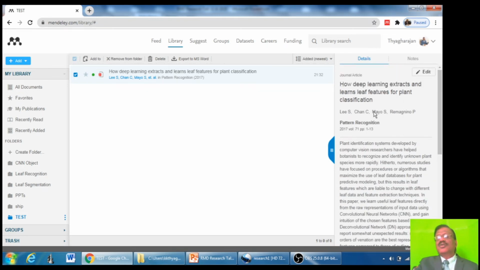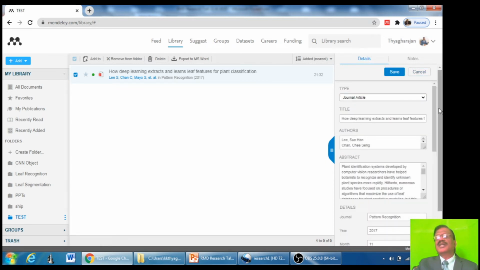If it is a good journal, all the details will be uploaded correctly by the publisher. But some low quality journals or sometimes the conferences will not upload the details correctly, but the paper may be available in Scopus or even it may be available in the websites. In that case, if you want, you can correct those details by using this edit button. Click on that edit button.